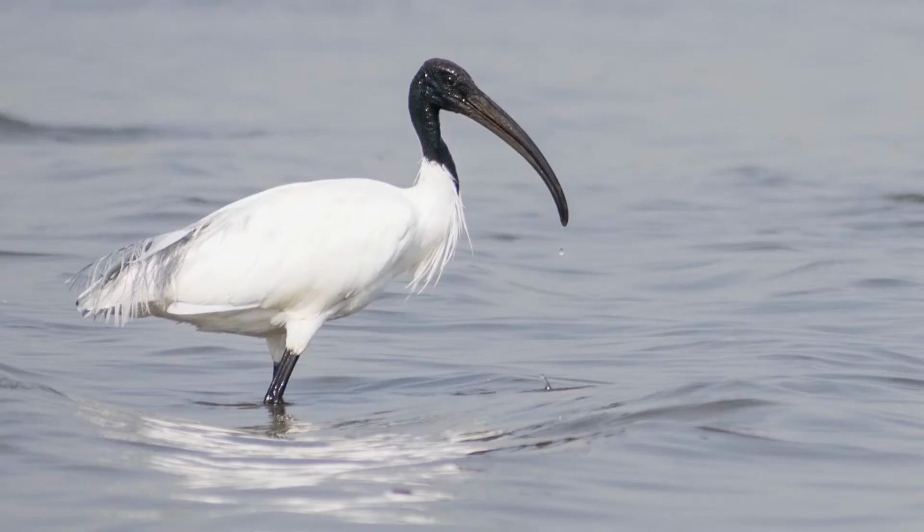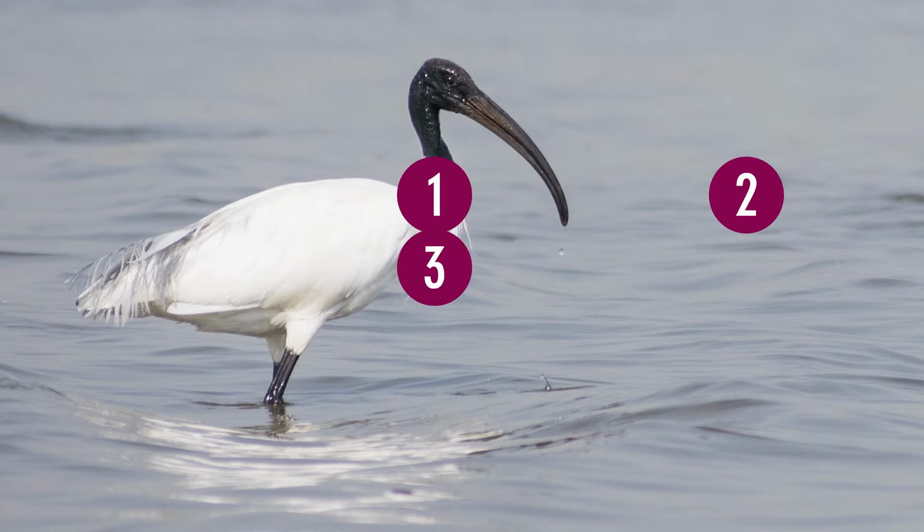Pretty simple, right? Look at the image and think about where you look first. You look at the bird. Where do you look second? Most likely you looked in the direction that the bird was looking to see what it was looking at. And because nothing is there, your eye gravitated back to the bird.